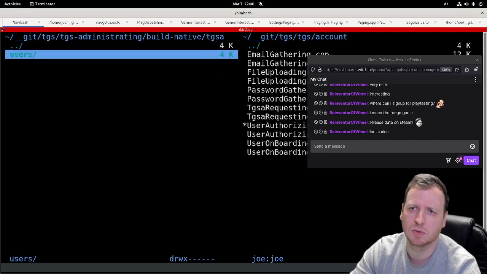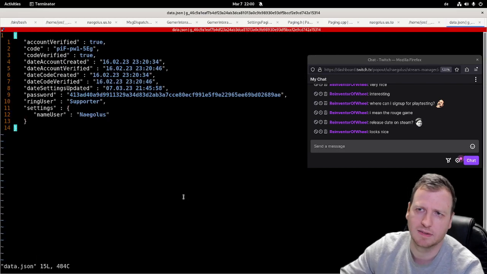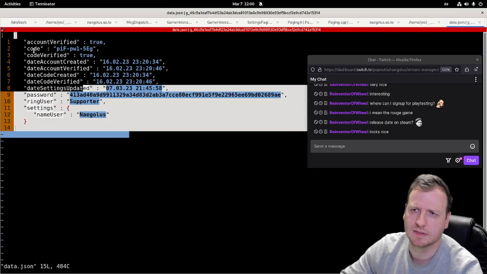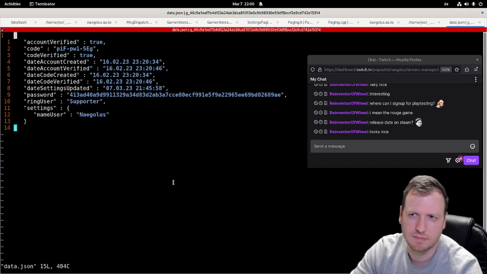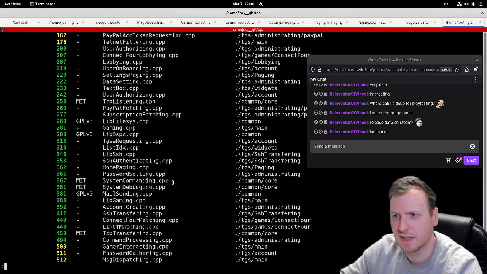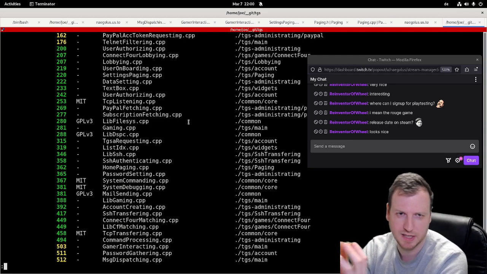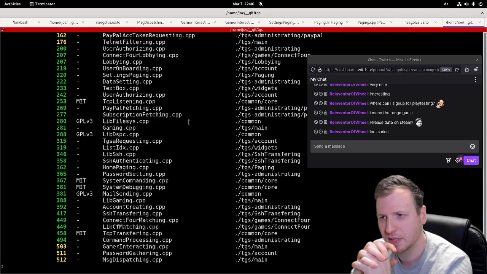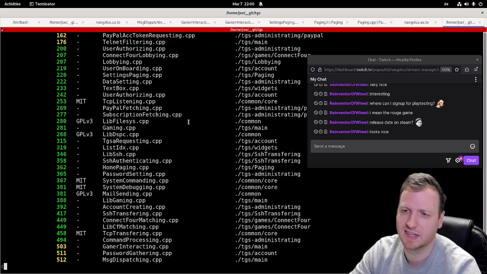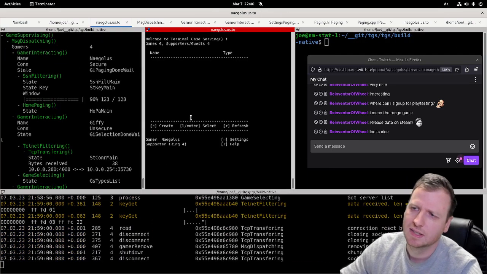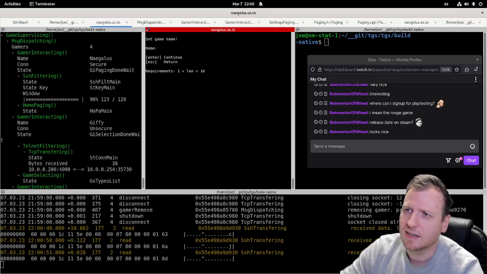If we have a user, then a directory is created, and we have a data JSON, and we have the settings and the name of a user and stuff. So the accounting management stuff took quite some time, and now we are able. And the reason why I had to implement this first, because as you can see,